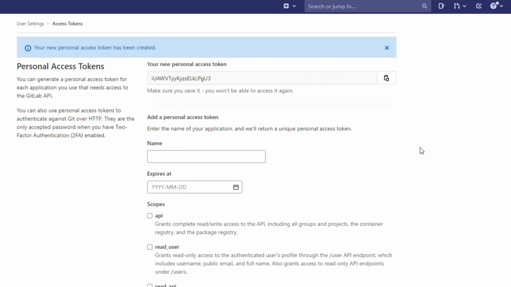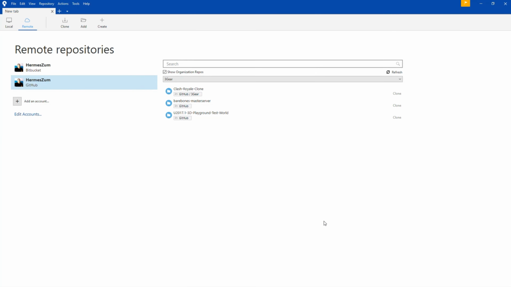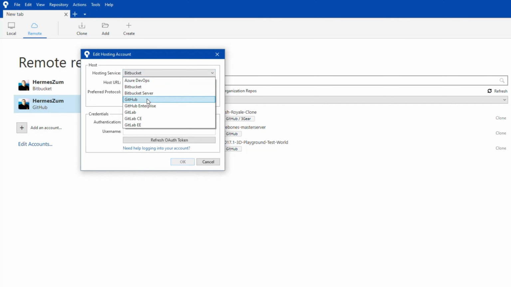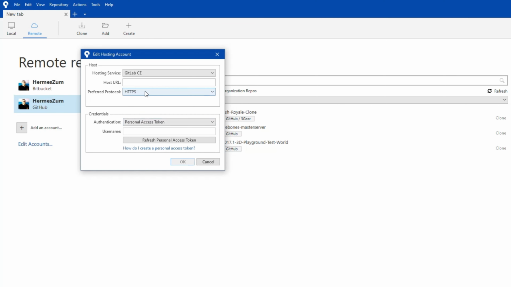Now let's check if this key works. When you open your SourceTree application, go to add an account, choose host and service GitLab Community Edition. For host URL, you can choose your local host name or your IP.